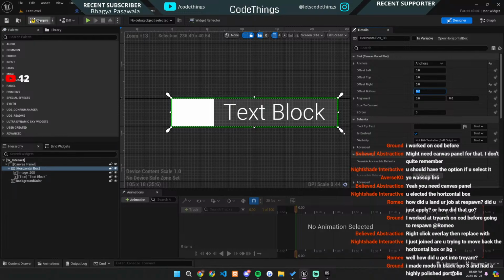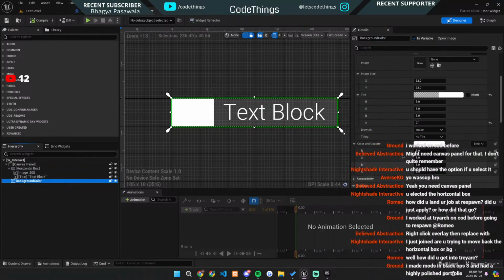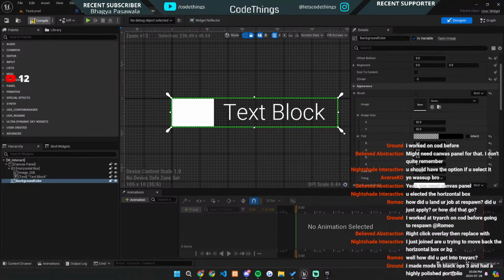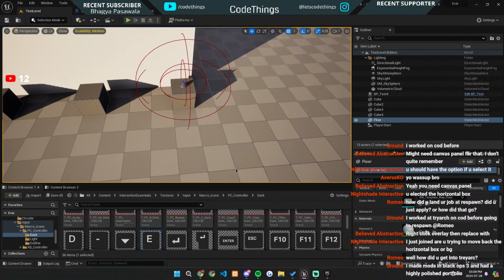Basically, I just wanted to change the Z index so I could add a background color behind it. I'm just gonna make this black and have a tinted black behind it, which will work pretty well. I might have it more than 0.1 though, maybe 0.3. Let's see how that looks in game now. So if I go here and play from here,